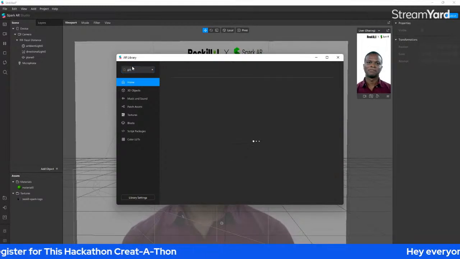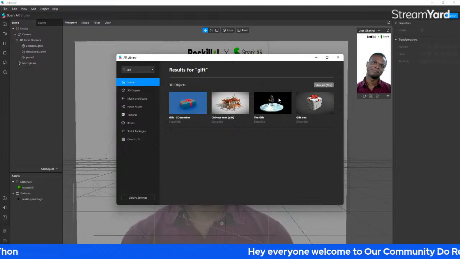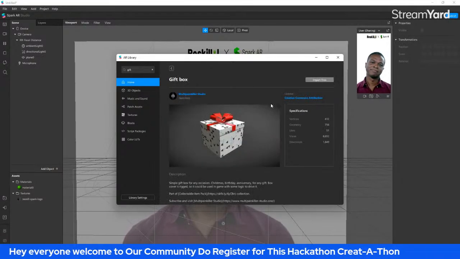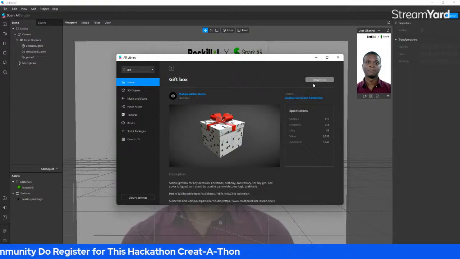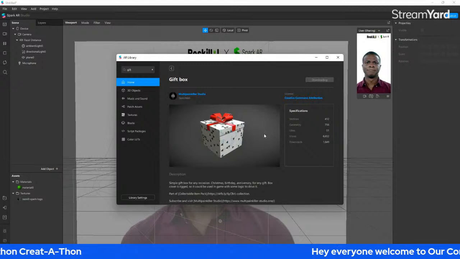Suppose I want to search for gift, so I will search for gift, and there will be multiple gifts associated here. And I suppose I want to add the gift box. I will click the gift box, and there is an import free button available here. Okay, so I will click the import free button, and it will be downloaded, and it will